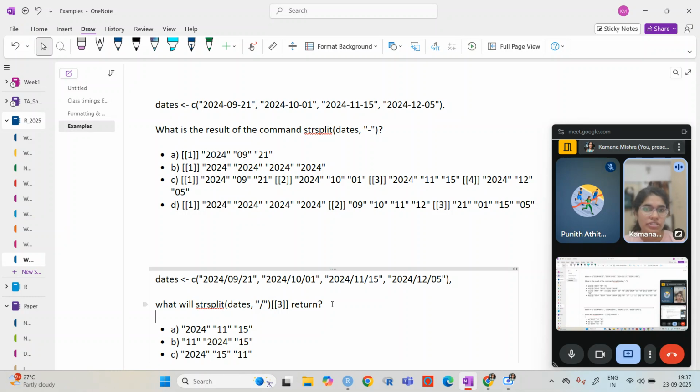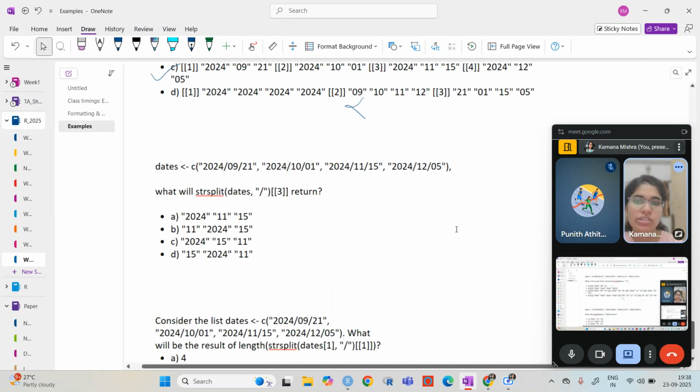So the first thing is that we want to split by this dash. The dash is coming here, here, here, here, here, here, here, here. So in the first one, obviously there are very few in this also, and in this also, it is not going to split like take 2024 all in one go. So it will split like 2024, 09, 21. Then it will move to the second line, and then it will move to the third line, and then the fourth line.